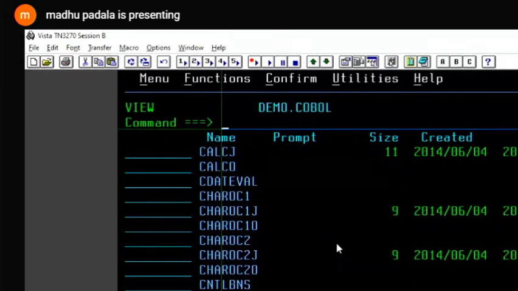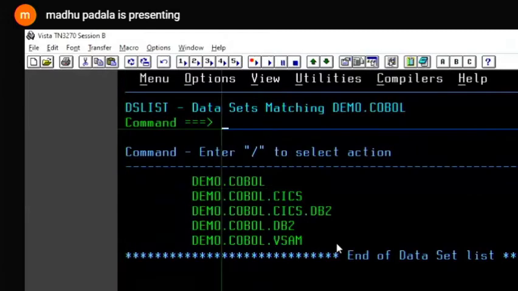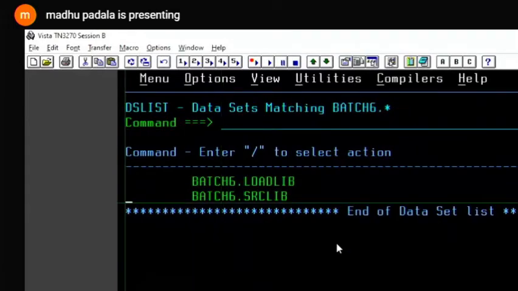Can you see that? These are all programs and these are JCLs, program and JCL, back to back like this. If you want that, you need to follow a standard. It's not a rule, it's a standard.